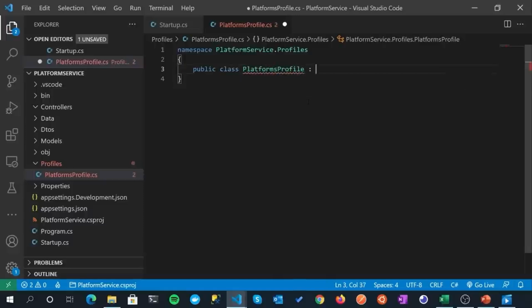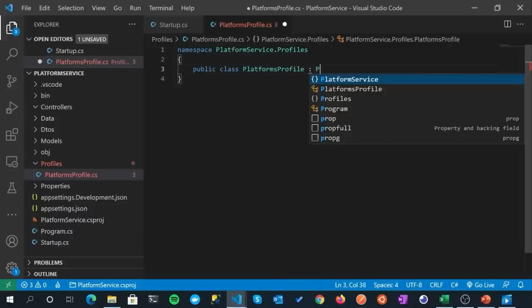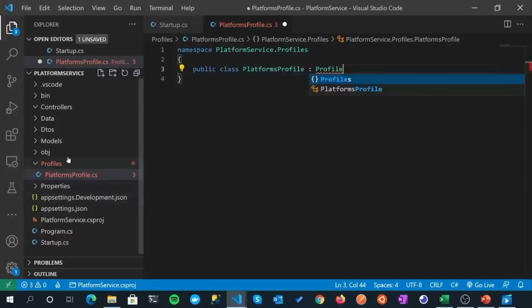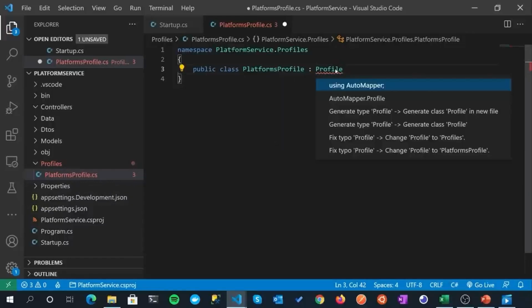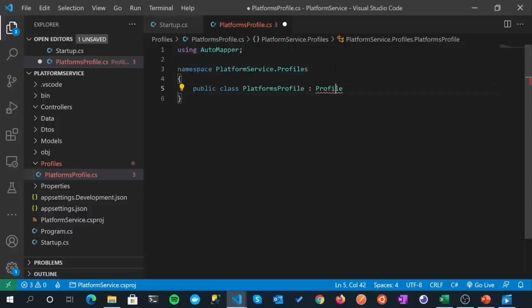And we're going to inherit from an AutoMapper class called Profile. Okay, now this has tripped me up a few times. Our folder is called Profiles, our namespace is Profiles plural. This class is Profile singular. It's tripped me up a few times and caused me a few issues, so just make sure you get that correct and bring in the right namespace, using AutoMapper.